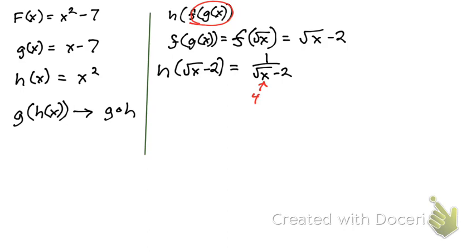Problem 70 says, determine whether the following is a true statement. It says f of x equals x plus 1 and g of x equals 6x. We're supposed to do f of g of x and g of f of x. So we're inserting f of x into g of x, and then we need to insert g of x into f of x. So f of g of x would equal f of 6x. And when I insert that 6x in for the x of f of x, we would have 6x